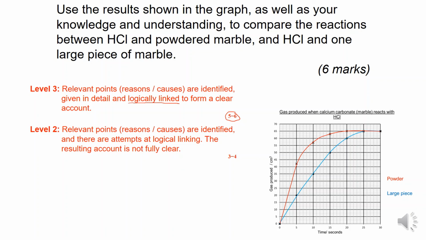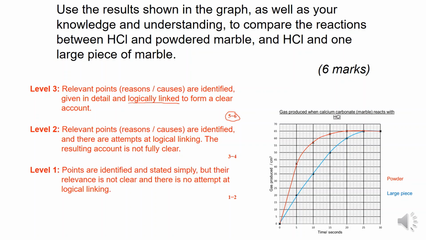Relevant points are identified and there are attempts at logical linking, but the resulting account is not fully clear. And that would be 3 or 4 marks, with again the 3 mark being given if you've not been particularly logical, if you've made errors within that level. For 1 or 2 marks, we'll be looking at level 1. Points will be identified and stated simply, but their relevance is not clear and there is no attempt at logical